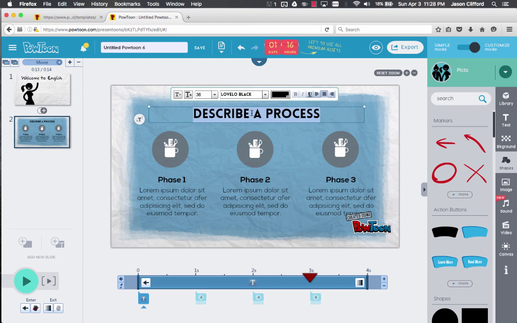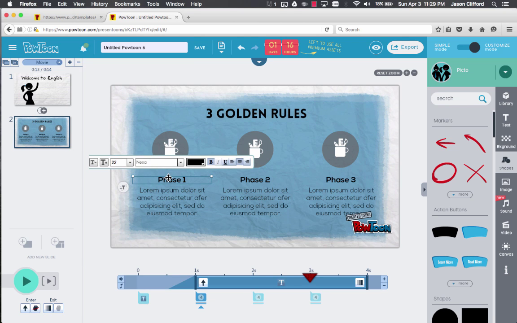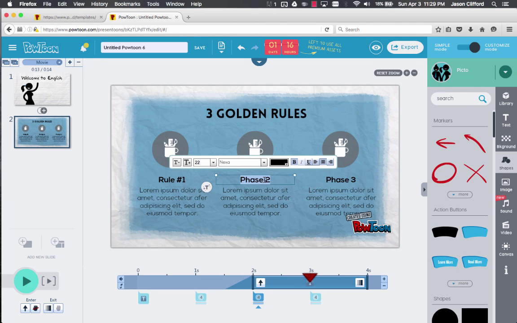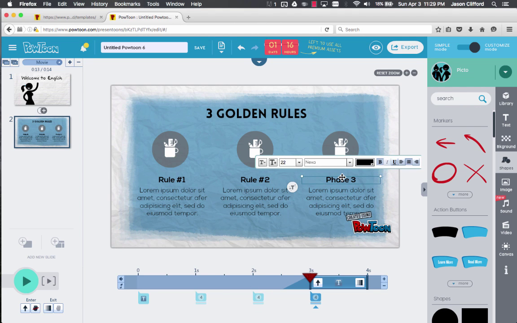I'm going to title this one Rules. I'm going to title this 3 Golden Rules for my class. And so this would be rule number 1, rule number 2, and rule